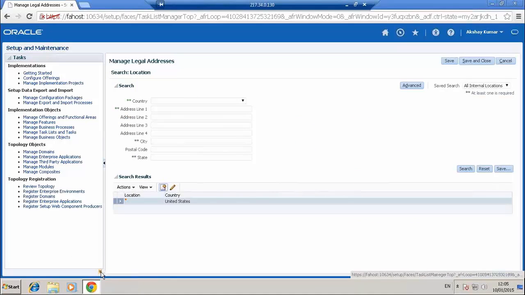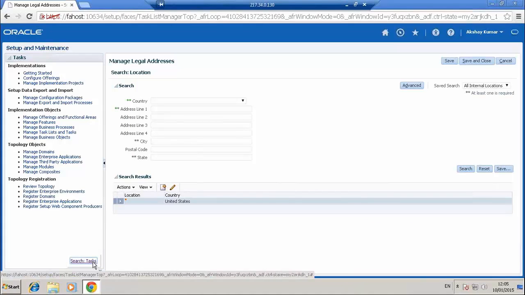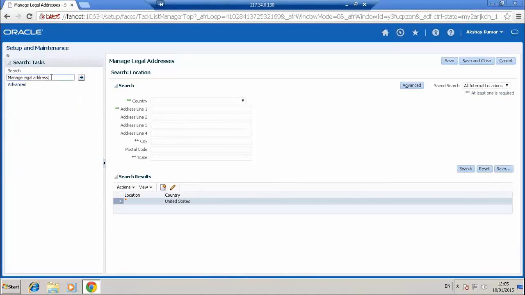After that, the major thing is manage legislative data group.